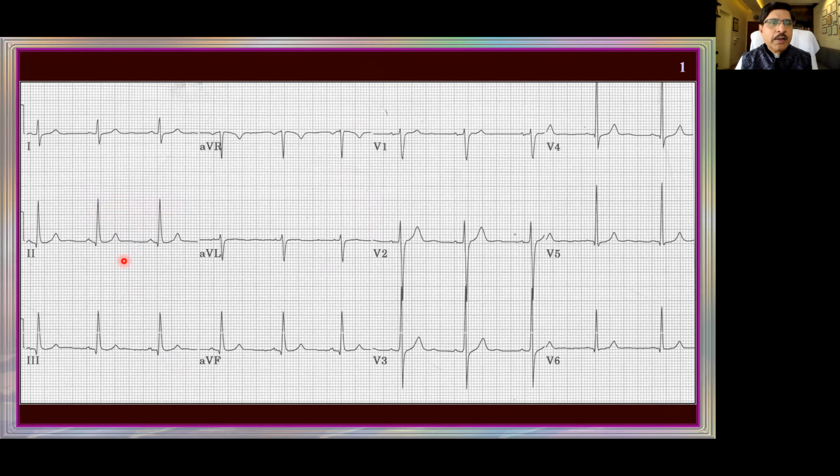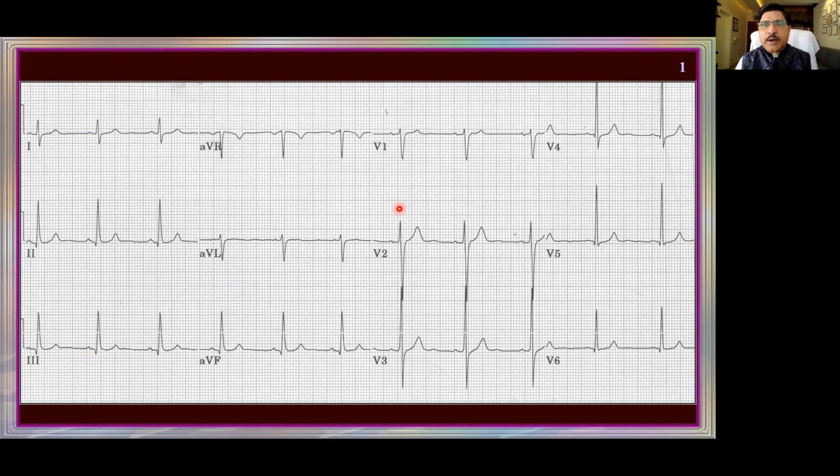Heart rate is normal. Every P wave is followed by a QRS, and the RR intervals appear by eyeing very, very clearly, nicely spaced, and there is no difference in the RR intervals. So it is a sinus rhythm. So 70 heart rate, sinus rhythm, because the P-QRS relationship is maintained, and each P wave is followed by a QRS. There are no conduction defects because there is no progressive lengthening. There are no dropped beats. So there is no type 1, type 2, type 3.